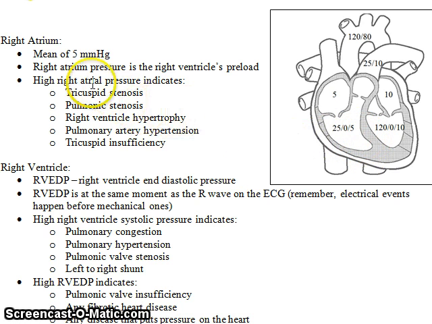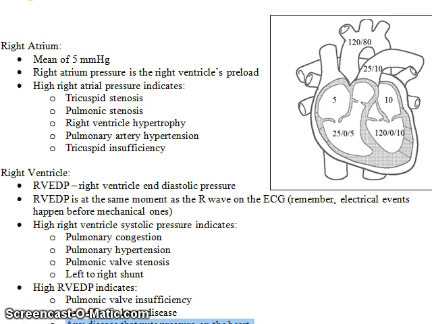And when you look at reasons why a pressure might be higher or lower, you have to look ahead. Okay, the heart is a lot like plumbing, and so when things get obstructed ahead, then things get backed up and cause problems behind, if that makes sense. So for example, when the right atrial pressure is high, so here's the right atrium, so let's say that